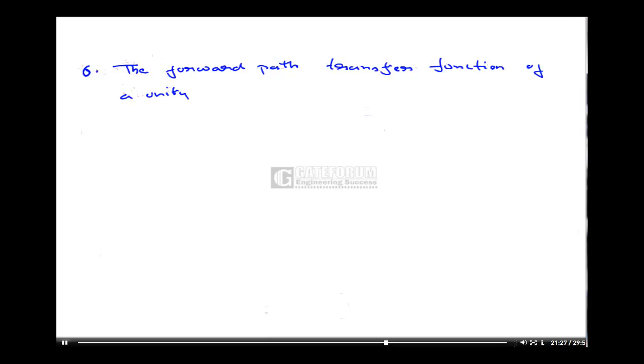One more question. In this, we need not find the root locus, but we have to find the angle of asymptotes. Forward path transfer function of a unity negative feedback